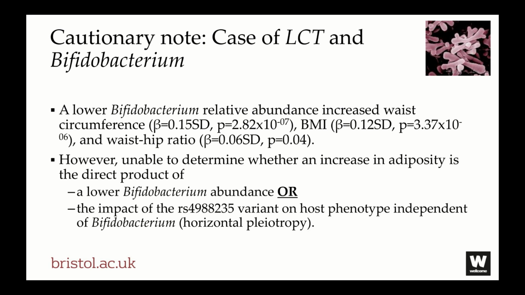But it's very difficult to know whether it's pleiotropic, essentially. So whether the SNP is having an effect on bifidobacterium and then downstream adiposity phenotypes, or whether it's the direct effect of the variant on adiposity phenotypes, which then could go on to change